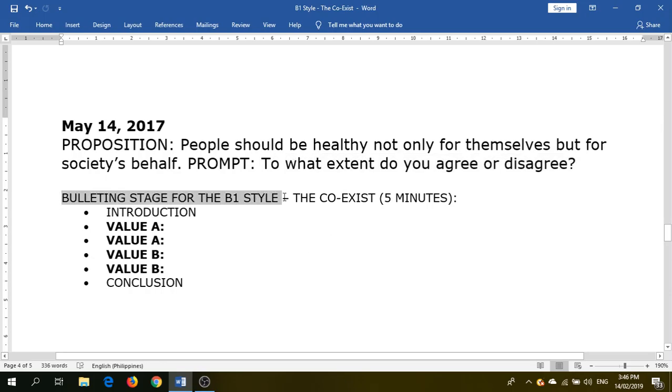This was discussed in detail in video number 1 and video number 2, wherein I emphasized that all writers should devote 5 minutes to properly plan their essay and create the outline that they'll be using for their essay. Otherwise, the writer is in danger of using wrong bullets or coming up with bullets that are off topic.